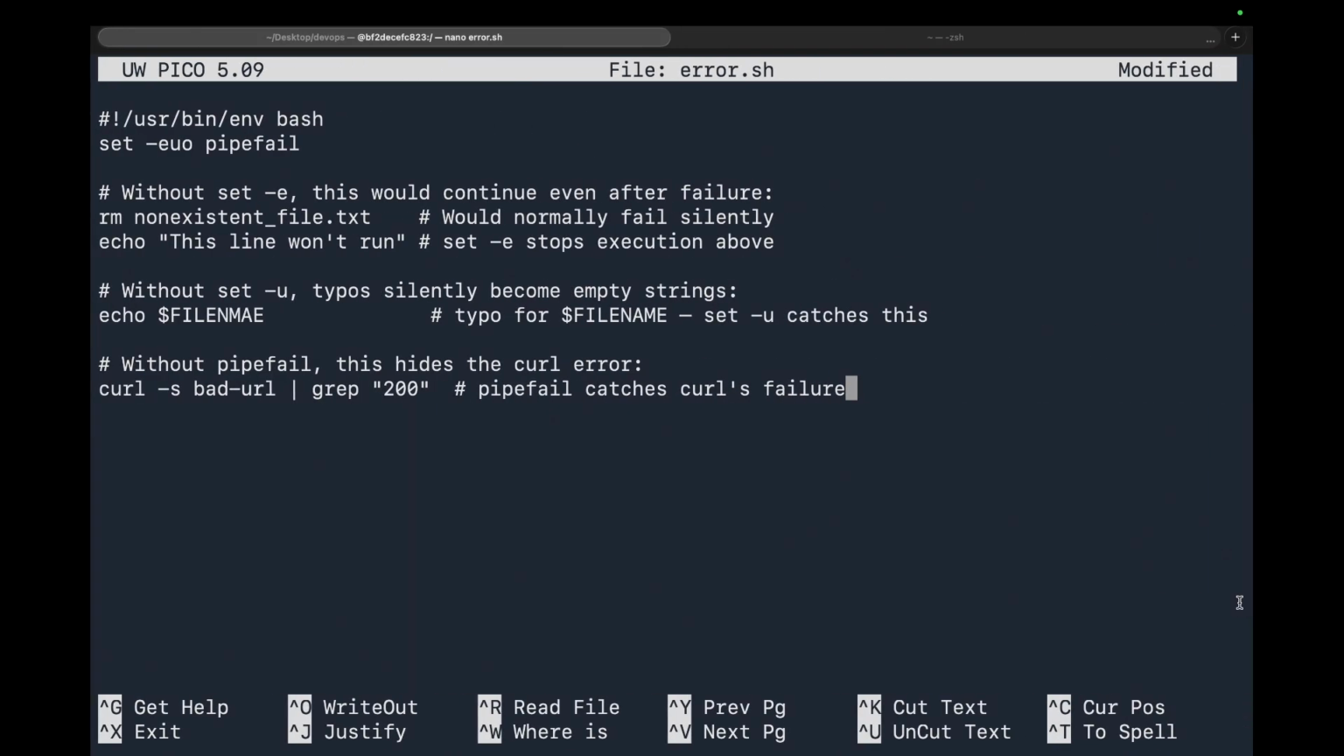So we're going to run through error handling. The dash E flag is to exit the script immediately if any command fails. Dash U is to exit if you use an undefined or unset variable, while dash O